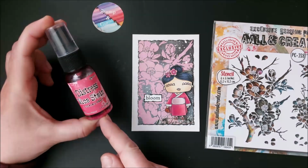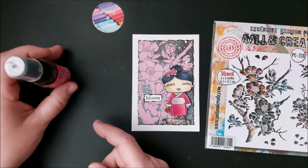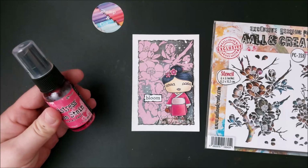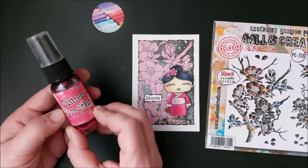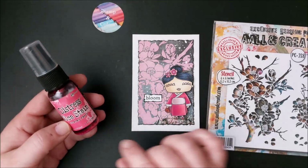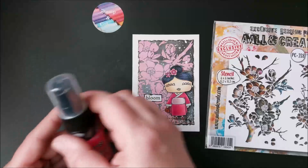This one, cocktail party. So I mixed my paste with mica stain and then I applied everything with a palette